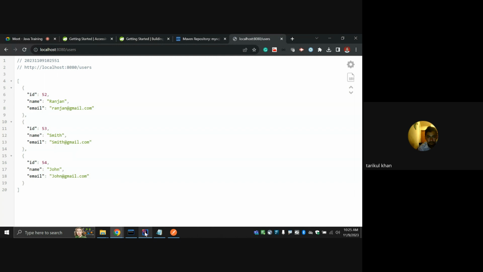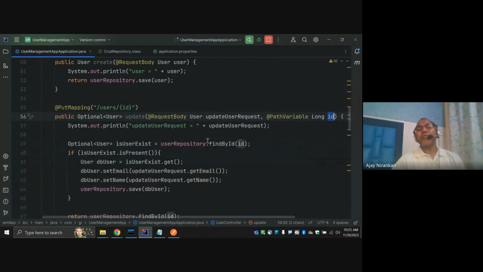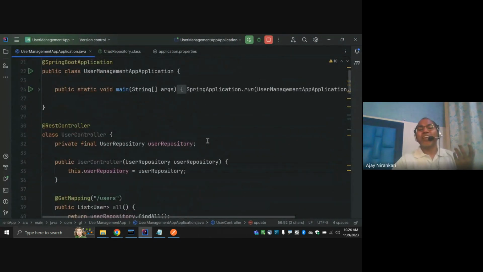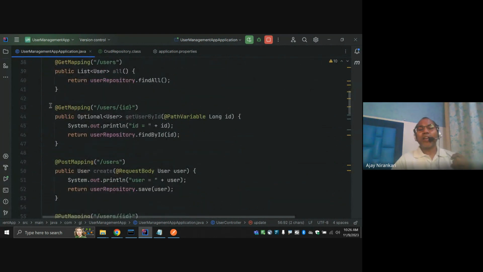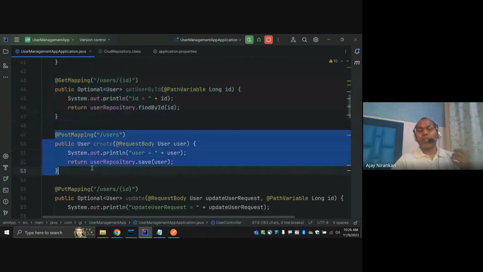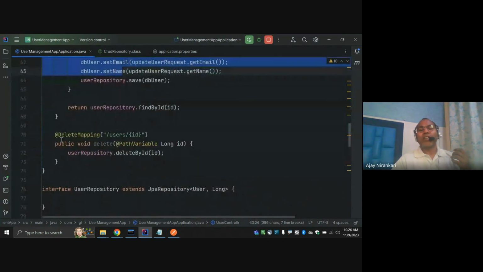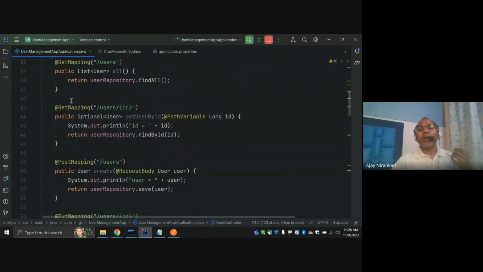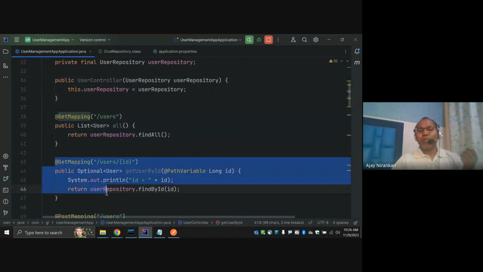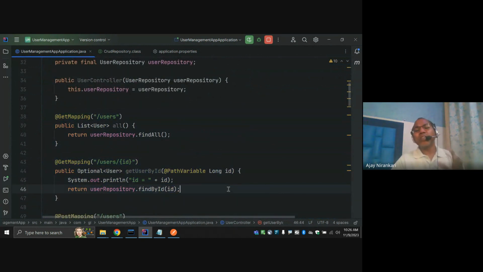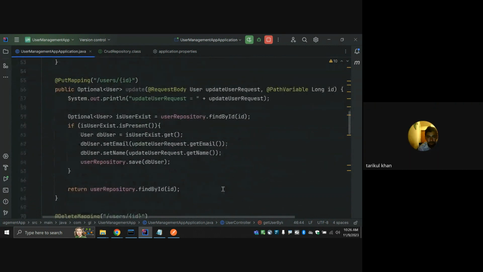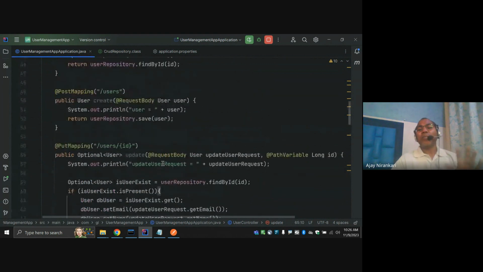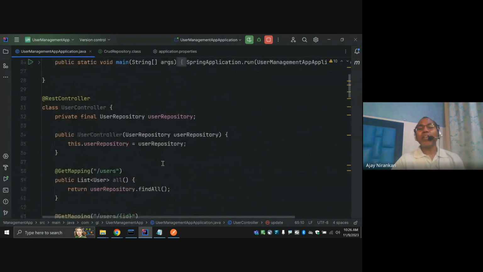So this is the way you can develop a basic CRUD operation, which means create operation, update operation, delete operation, get all operation, get by ID operation. Very, very simple. Just need two or three more times of practice. And now the good part: your application is communicating to a permanent storage device, the database, and your